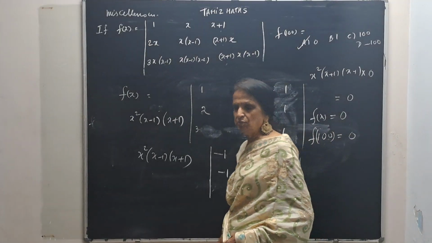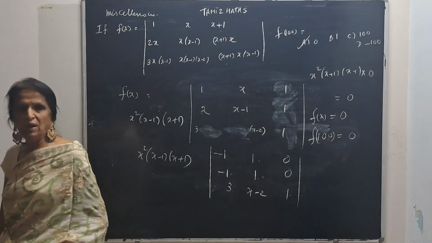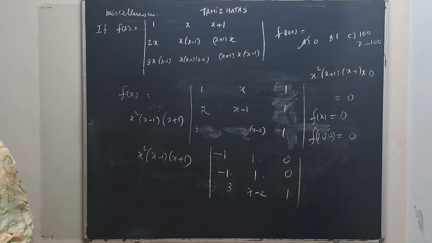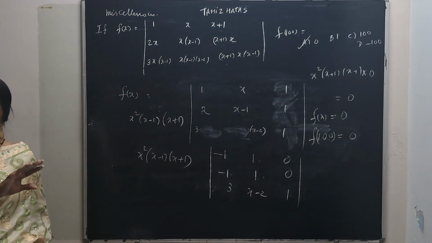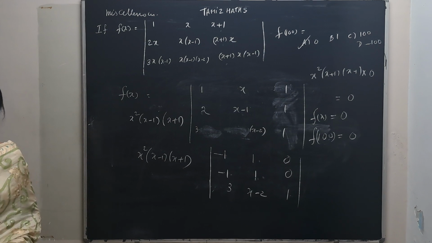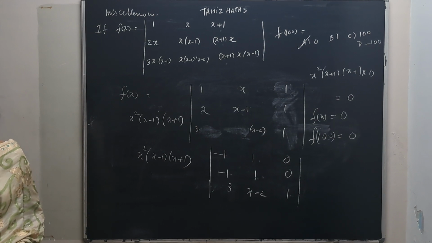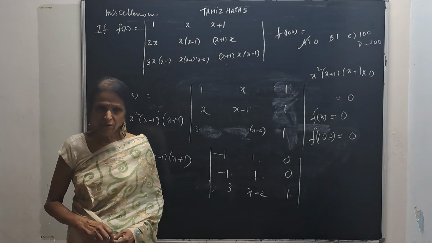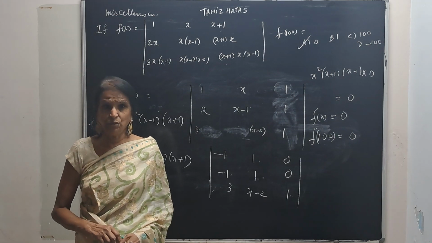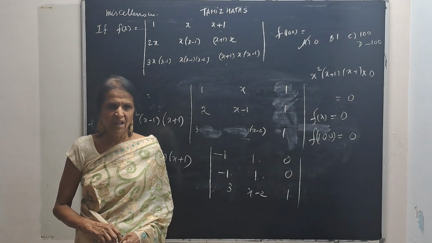I have done it by two methods. In one method I just handle one column and get the answer in a minute. The other is taking common elements outside, because in an exam you don't know what will strike you at that moment. Do these questions and practice them. And don't underestimate determinants. Don't think determinant is simple, that I will do it, it's very easy. Not like that. Every chapter has